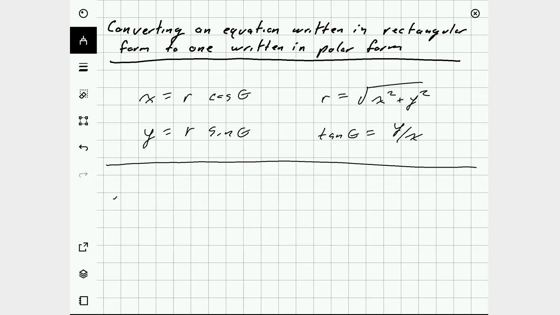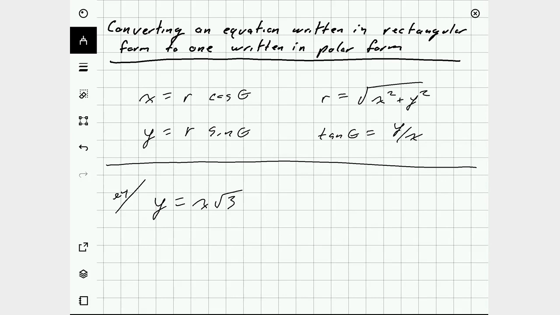So for example, I might have something like y equals x square root of 3. Y equals x square root of 3 is the equation of a line passing through the origin. And I know that lines passing through the origin have equations of theta equals some constant. So I'm keeping that in the back of my head